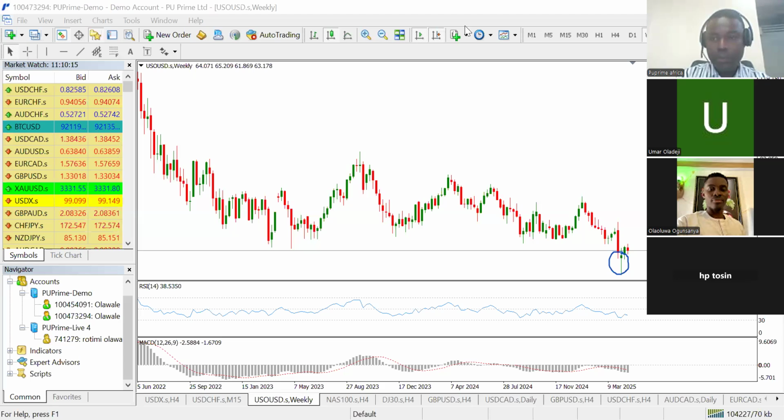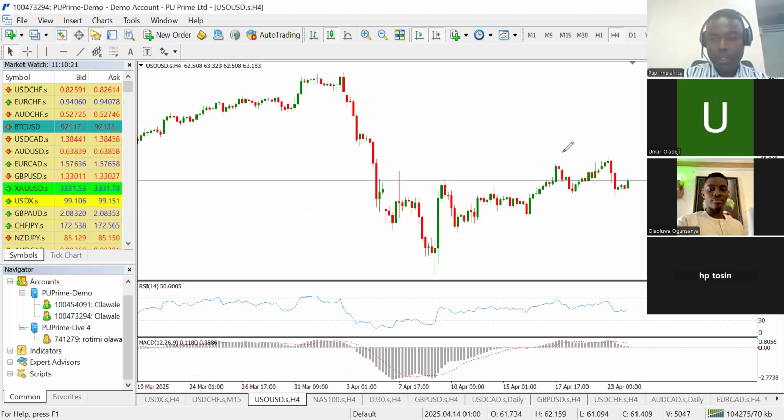But if you go down to the 4-hour time frame currently, what I'm seeing is the formation of what looks a lot like a head and shoulders pattern in formation: shoulder, head, second shoulder. If this completes, we may be getting ready for a downward movement in the price of crude oil.